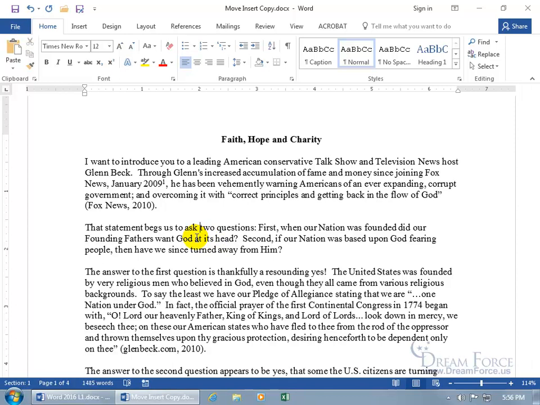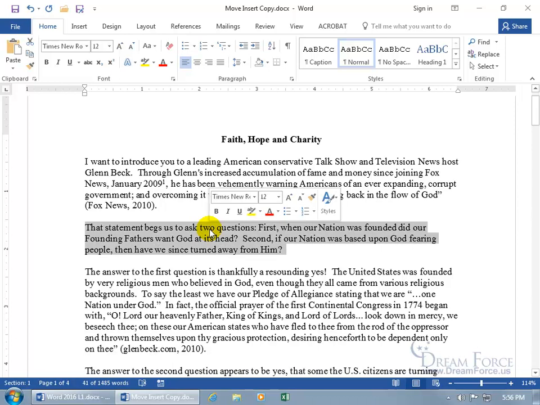Next, let's learn how to move text around. And you can do that by selecting the text first that you want to move. So you can click and drag to select a letter, a word, or double click to select a word, or triple click to select an entire paragraph, or all the different ways that we learned how to select text in the previous training video. In any case, once you have your text selected, to move it, one way is to